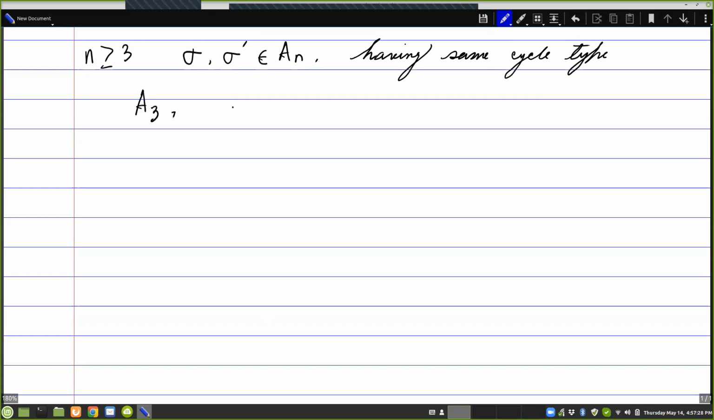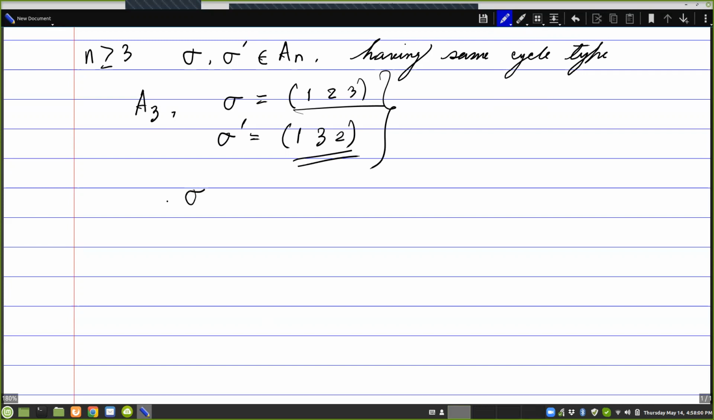In A3, you can just take sigma to be the 3-cycle (1 2 3) and sigma prime to be (1 3 2). These two 3-cycles are conjugate in S3, but certainly in A3 they are not conjugate, because A3 is a cyclic group, hence abelian. So the conjugacy class of sigma is the singleton {sigma}, and so is it for sigma prime. So what at most we can say in generality is, for any sigma in An,